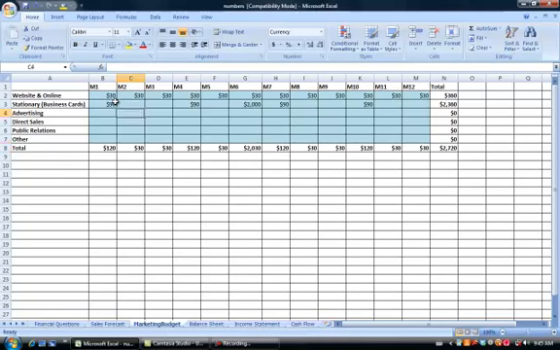Advertising. Could it be online advertising, whatever type of advertising, radio, television? So maybe this one's going to be a little bit more expensive. How about we do some newspaper advertising, maybe some radio advertising, maybe not. But the nice thing is, because we have the total here, we'd realize that in month 6 we're already going to have a lot of expenses. So let's make sure that our cash flow is balanced out and put any additional advertising in future months so that we can save up for it, as well as making sure that we're not outlaying even more cash all